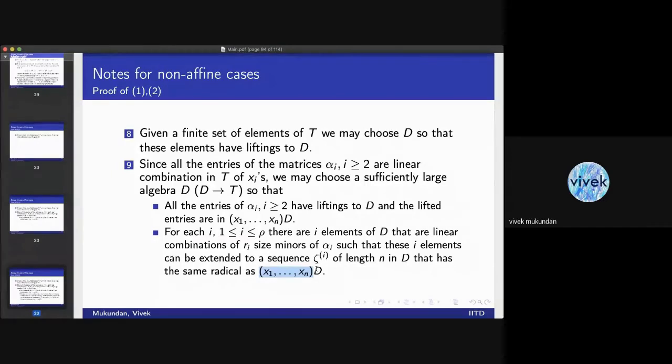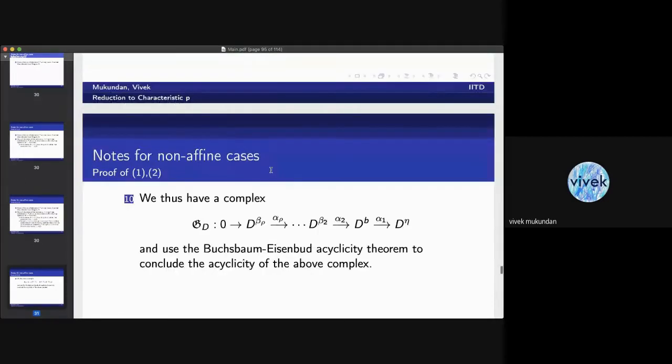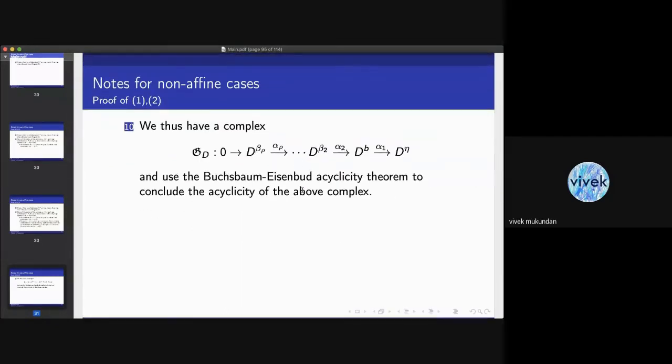Once you have all this data, you can think about these alpha 1, alpha 2, all these alpha i's as matrices over D, because they have a lifting to D, they are also defined over D. Now, remember that we also made sure that the rank level minors having depth i also have a lifting to D. So all these rank level minors have depth at least i, therefore by the Buchsbaum-Eisenbud acyclicity theorem again, this forms